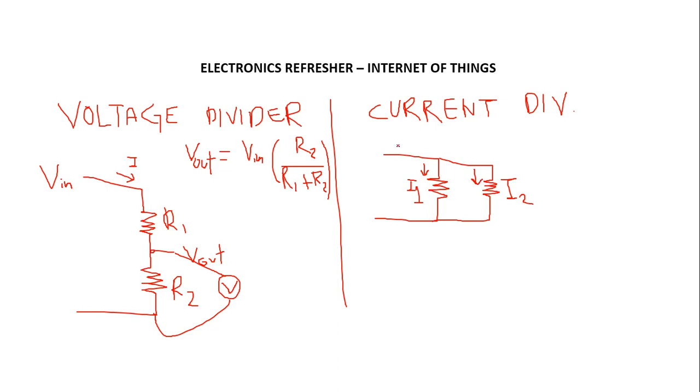We have the current 1 and the current 2, and the total current, and the current divider rule says that I2 is going to be equal to the total current times